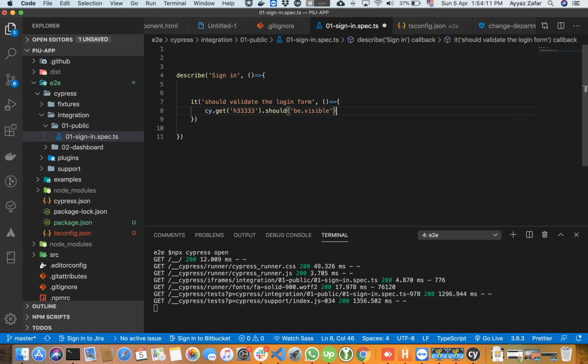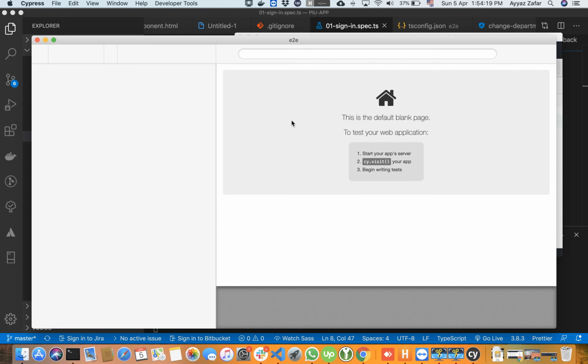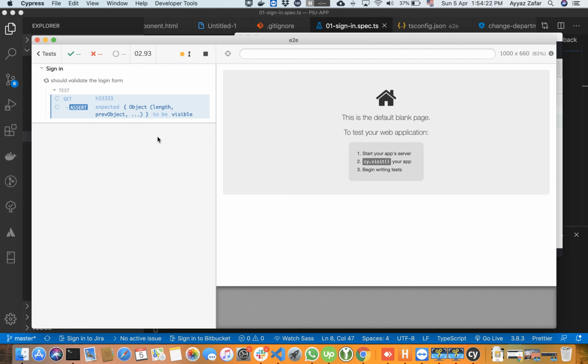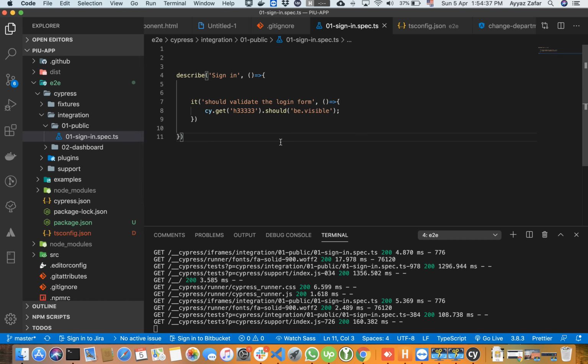visible, and if this fails, then it will show you the red error. So you can see that now it is showing the code that we added. And it has failed because there is no element with that tag name. So next